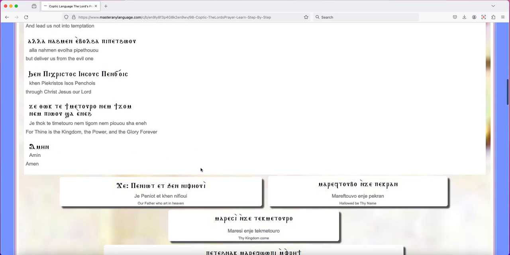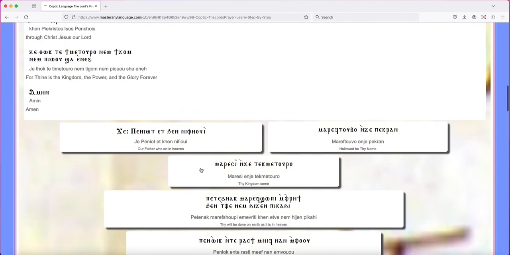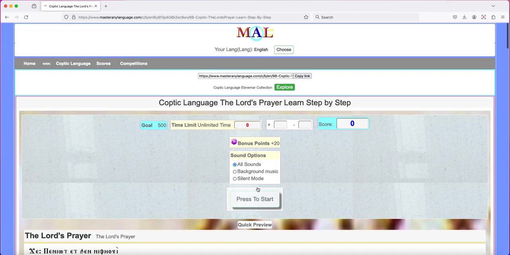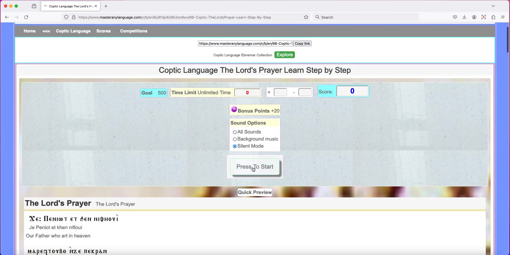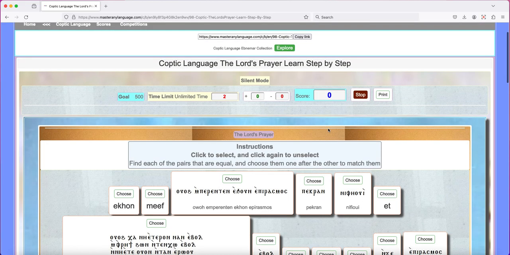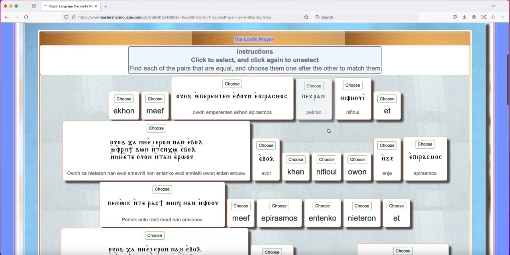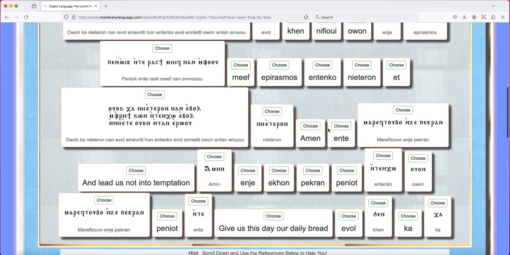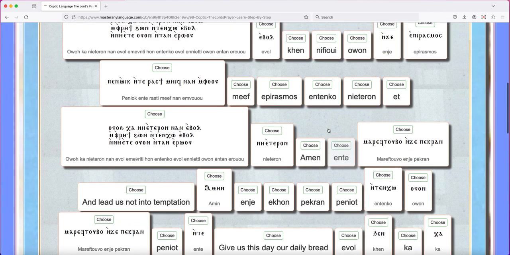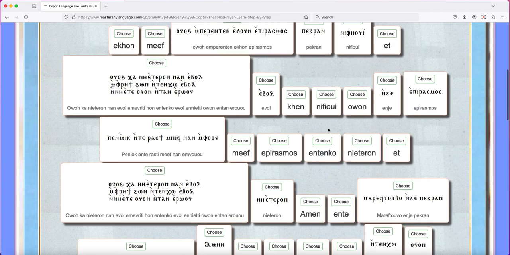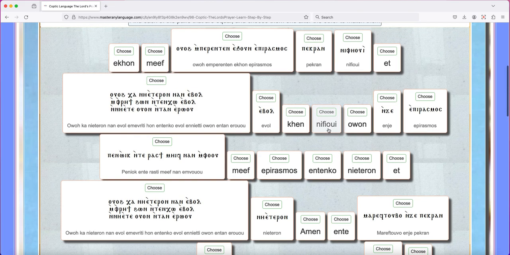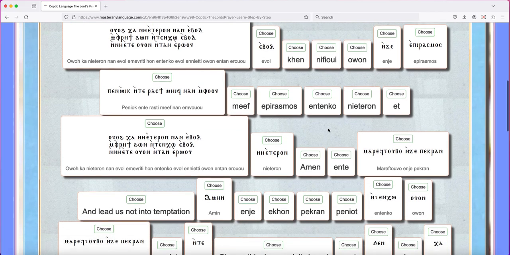Amen. Alright, so we'll go through and we'll just do a practice game so that we are familiar with what the things mean, or, kind of. Let's see what's in this. Okay, so, wow. Yeah, this is helping with the eye, so you can see, we can match the Coptic script with what we hear.